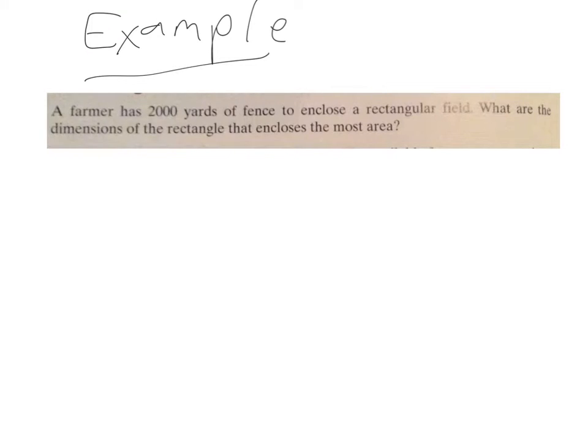Alright, here's another example. A farmer has 2,000 yards of fence to enclose a rectangular field. What are the dimensions of the rectangle that encloses the most area? There are a couple formulas you'll need to know. The first is the formula for the perimeter: twice the length plus twice the width is equal to the perimeter, which in this case is 2,000 yards. And area is equal to